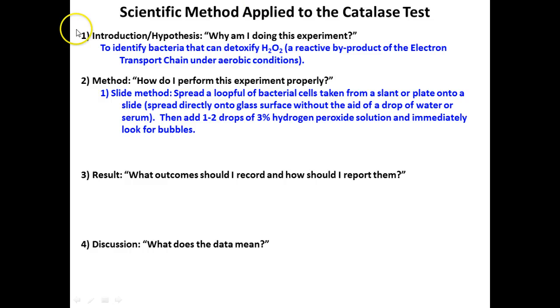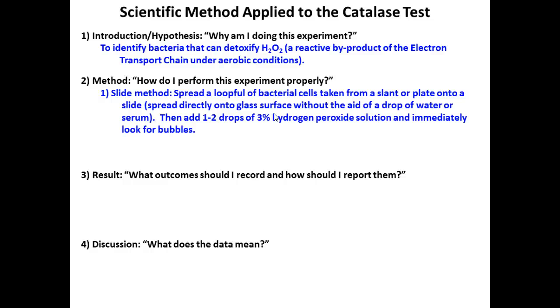slide. And remember, when we did it on the slide, we have to put the bacteria right on the slide, and then we add the hydrogen peroxide. We don't want to use our loop and put it into hydrogen peroxide because the loop itself could potentially cause bubbling, and you can end up with a false positive result. This is because of poor specificity of this test, that other things can cause this reaction, like the metal. Specificity. This is one of the few where specificity is an issue if you use the metal